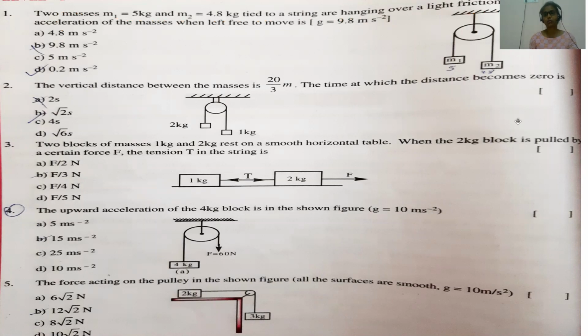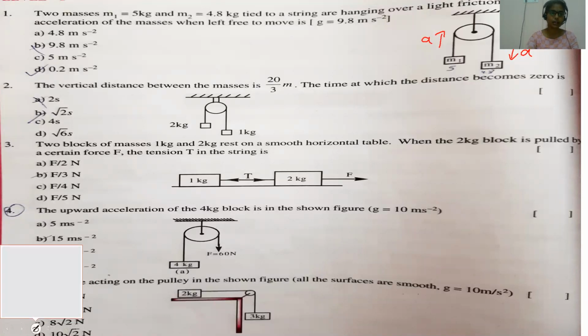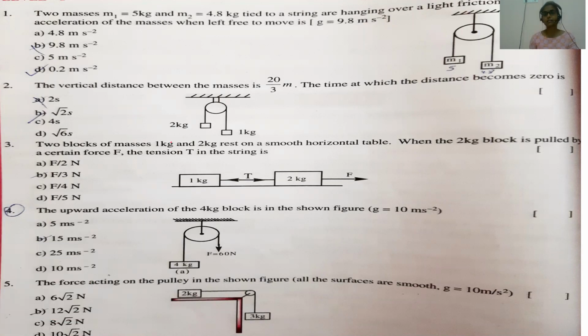See here, we cannot take A1 and A2 separately, because however much the pulley goes up with some acceleration, the other goes down with the same acceleration. One thing you need to understand, children, is which mass is greater. I mentioned it wrong. M1 is given as 5 kg, so the block will move towards the 5 kg because it is the heavier mass. 4.8 is less mass and 5 kg is more. That's why M1 is more compared to M2. This is the greater mass, so it will come down and the other will go up. So acceleration will be in this direction.